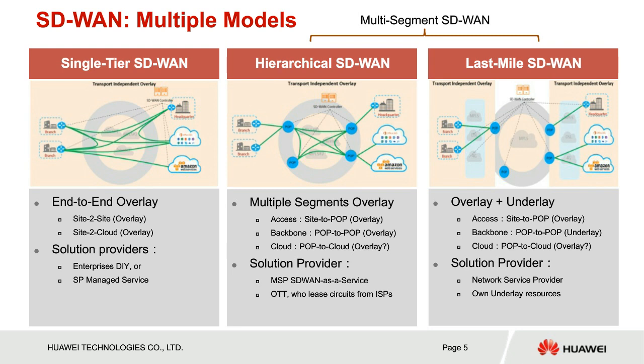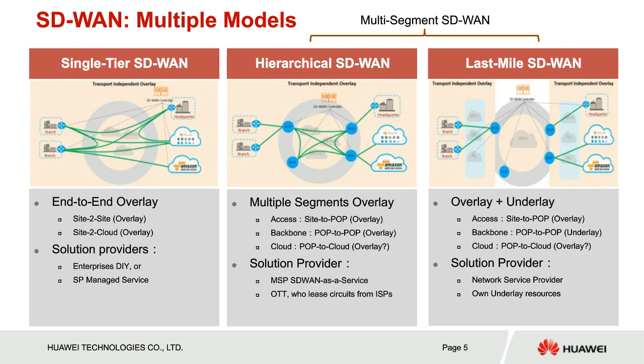So that's how MPLS came into place. MPLS came with a good story: your CPE never needs to manage your route table anymore. You just directly attach to a provider edge, and everything you want to forward to, you just forward to the provider edge device. So single-tier SD-WAN has a similar problem to frame relay, the complexity of managing mesh interconnection.